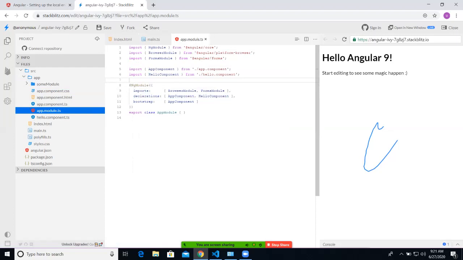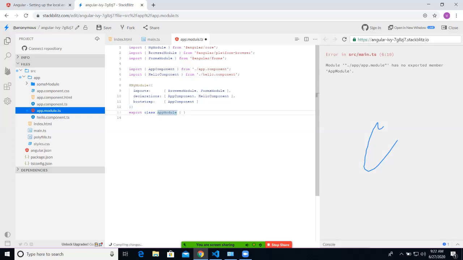So this is a module called app module. Right now, if you just look at this line 13, it just says export class AppModule. It just says this is a class. What makes it a module? It could be some other name, any name. But the convention is to have Module at the end just for readability. So what makes it a module is not the Module suffix at the end of it, but what makes it a module is this part,